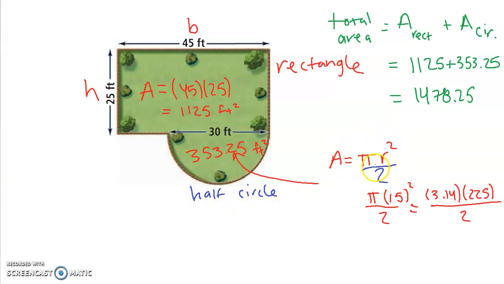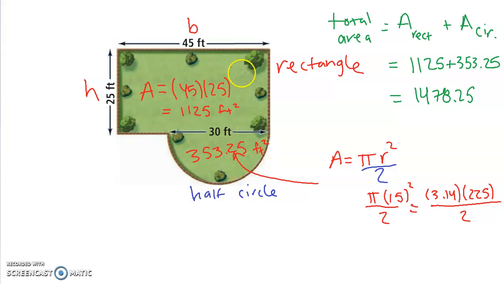So when the normal formula is pi r squared, now we have to divide it by 2 because we're trying to figure out what's half of that. My radius is going to be half of 30, which is 15. 15 squared is 225 times 3.14 substituted in for pi, divided by 2, gives us